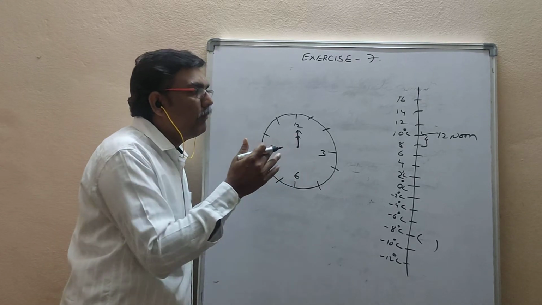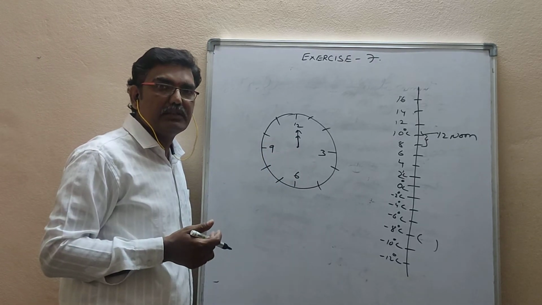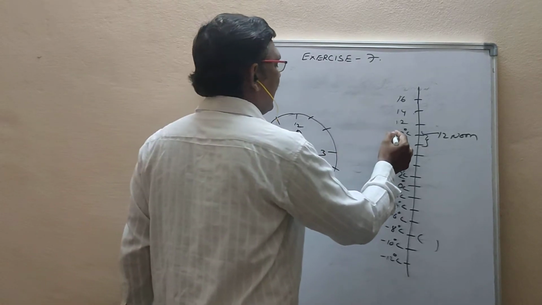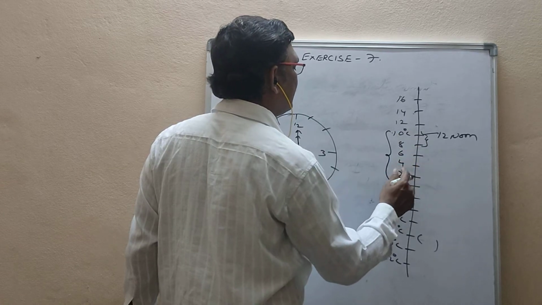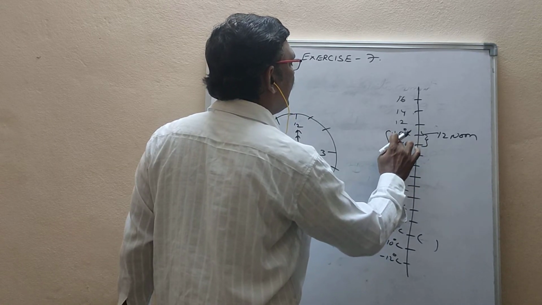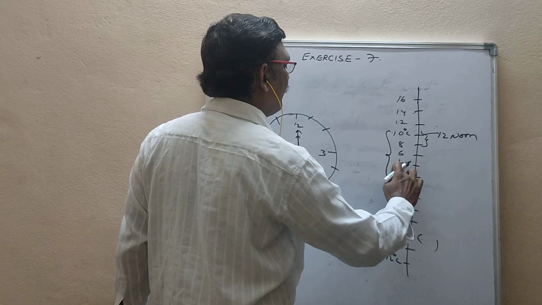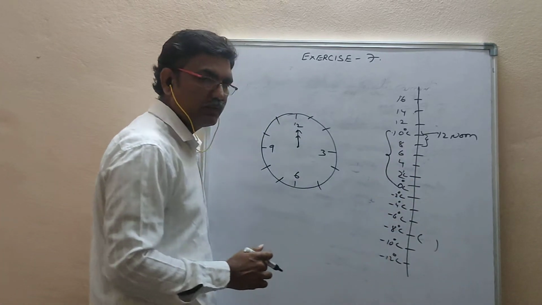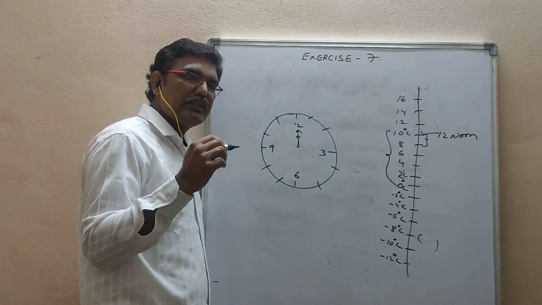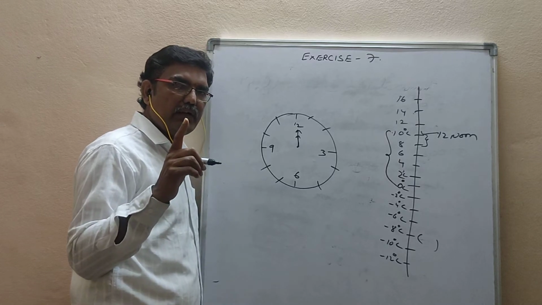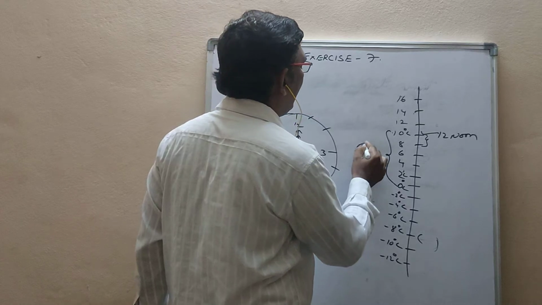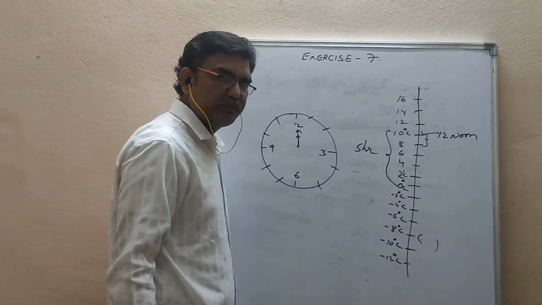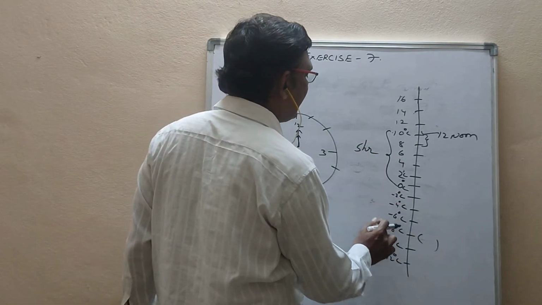For this problem, what you have to do, just imagine. Here 10 is there, here 0 is there. Here to here, how many hours are there? See. Here to here 1, 2, 3, 4, 5. 5 hours. Because it decreases 2 degrees centigrade for every 1 hour. So to get 0, 5 hours time you have to take. And again you should reach 8 degrees centigrade here.